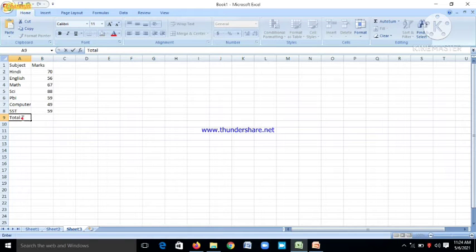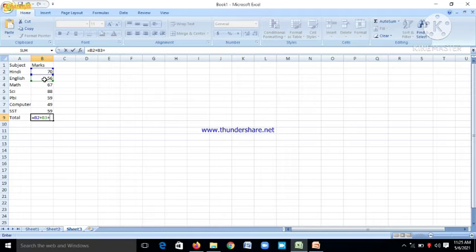I want to calculate the total marks that you have obtained. So for that we have to write firstly the equal to sign to create a formula in MS Excel. Then choose this cell. You can see the marquee border on the B2 cell, and here B2. Then again the plus symbol, because we want to add these cells, so we have to add the plus symbol. Then select another cell.